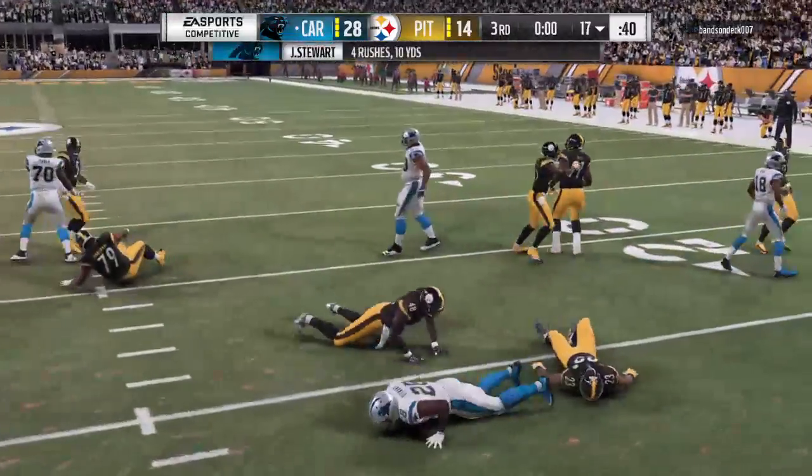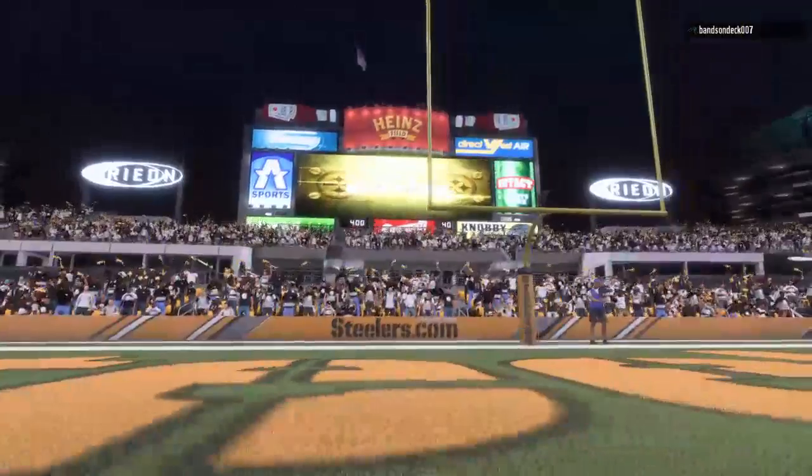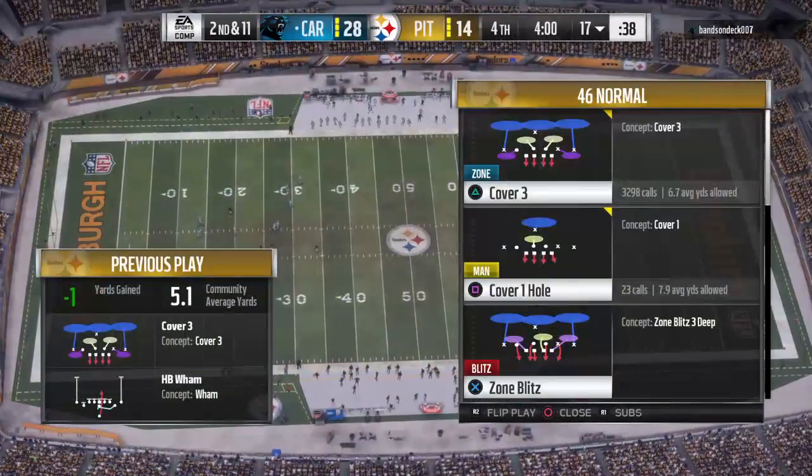And, you know, I remember playing how much fourth downs were emphasized. You know, because, as you said, it's a...